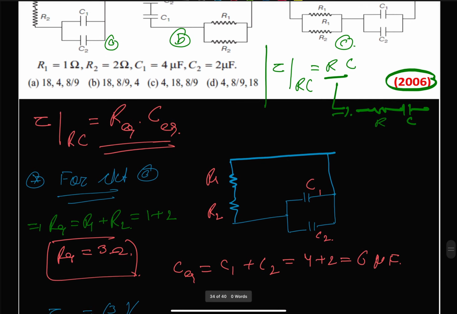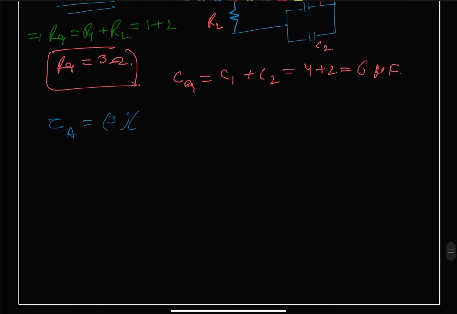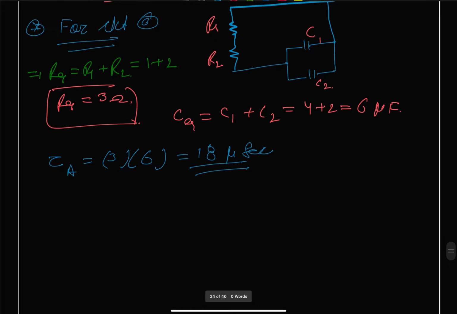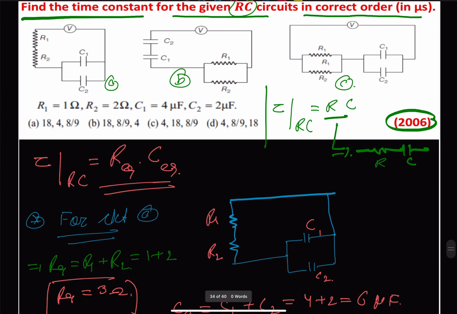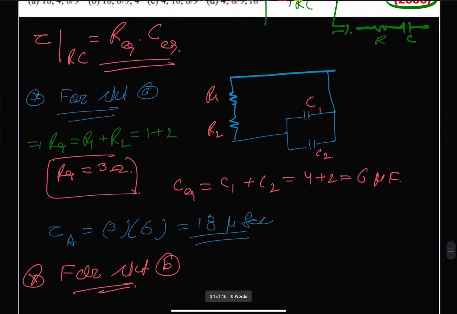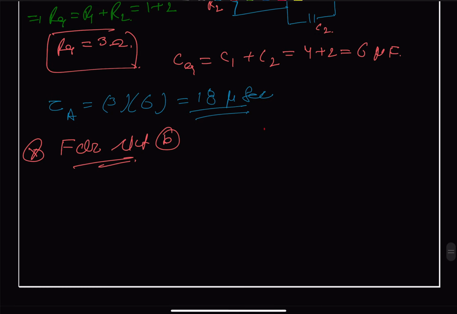The time constant is to be found in terms of microseconds, so we need not convert. So this comes as 18 microseconds. Now we come to circuit B. Circuit B has C1, C2 in series and R1, R2 in parallel. So we have our C1, C2 in series